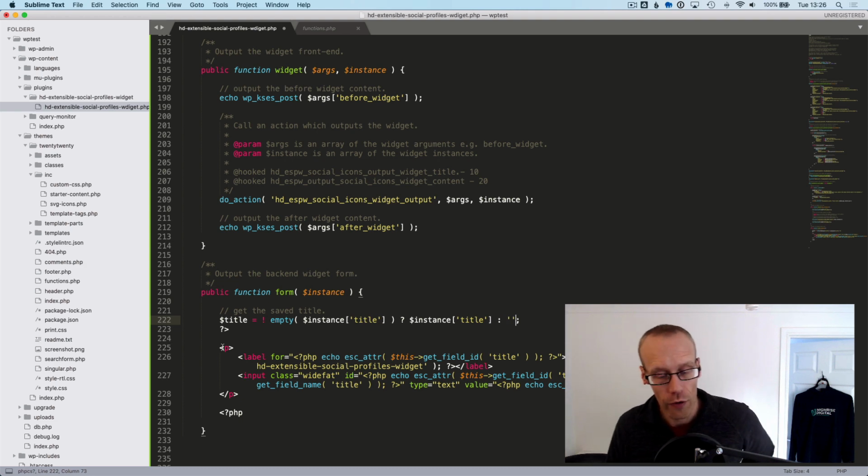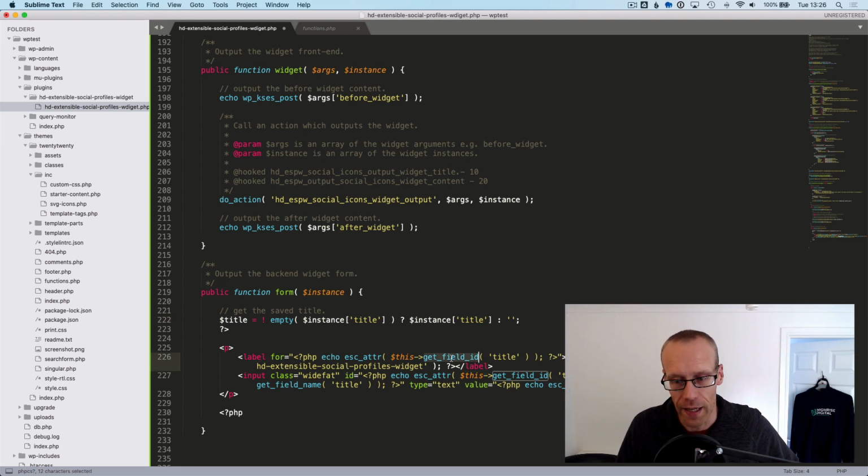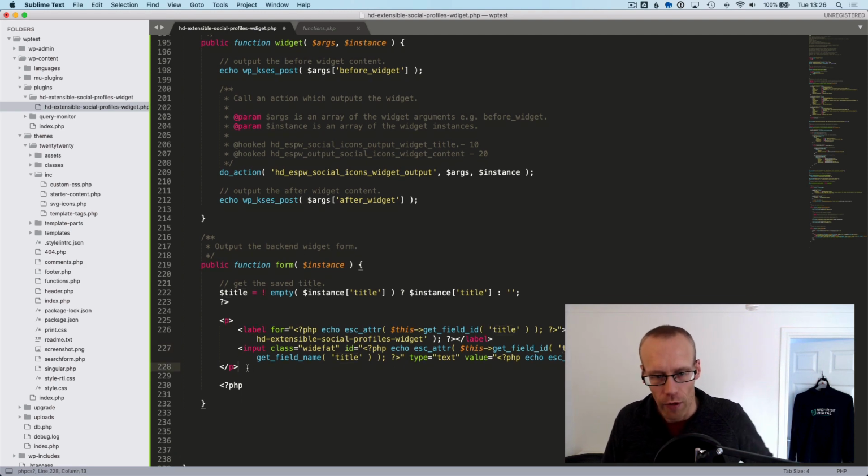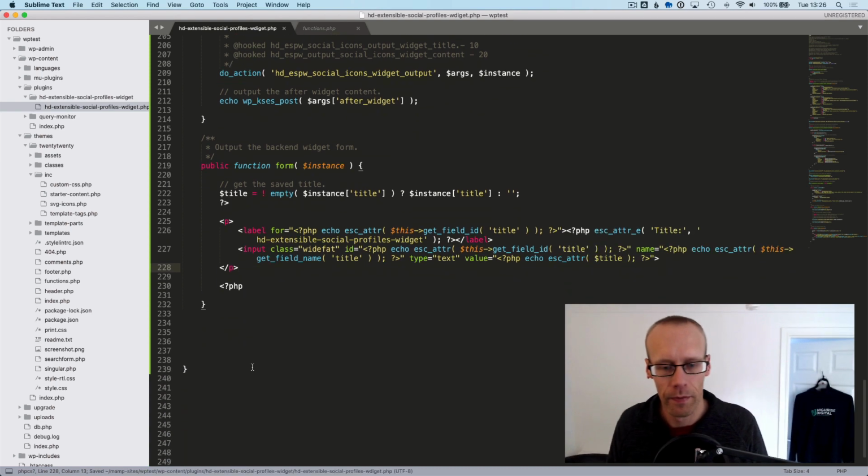Then I've just followed the same markup as some of the core widgets here. We're going to add a label, get this field ID, which is the title for this particular widget, output that, and then add an input which is a text input for the title. Again, this just follows the standard ones of the other widgets. And here we make sure we escape the title itself so that we're not going to get any dodgy stuff in there. So if we save that,